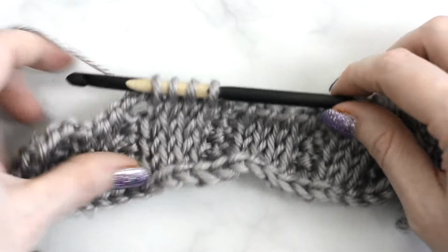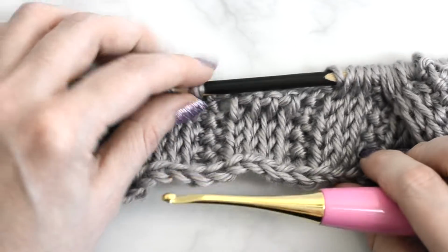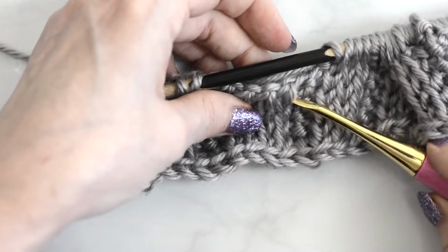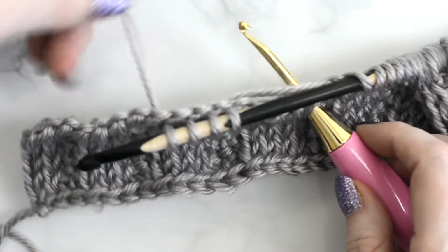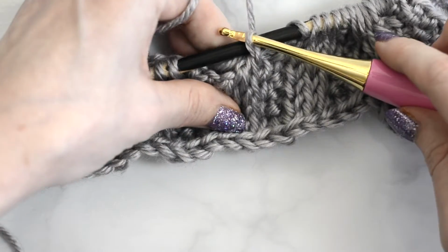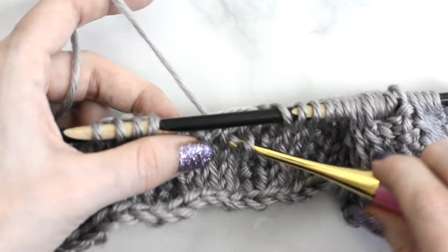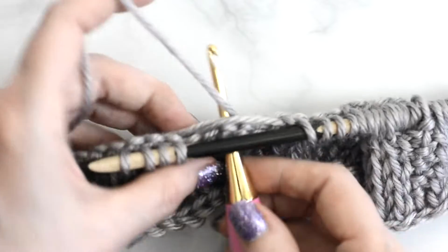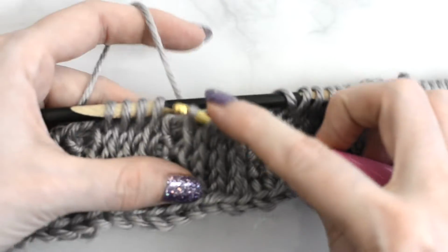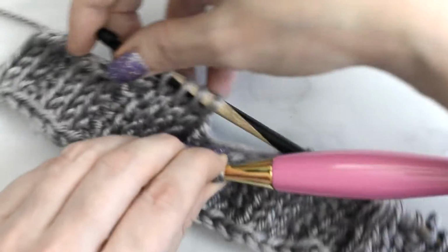put down the first hook and pick up the second hook, Tunisian knit stitch into the first 4 skipped stitches, and now slide these stitches onto the first hook,